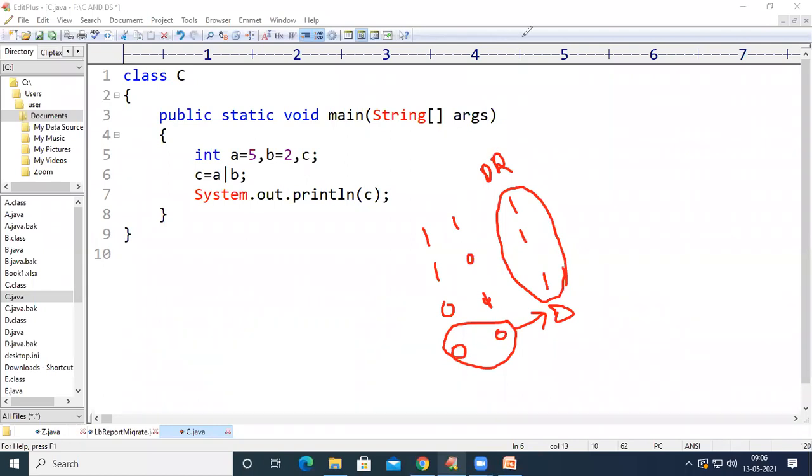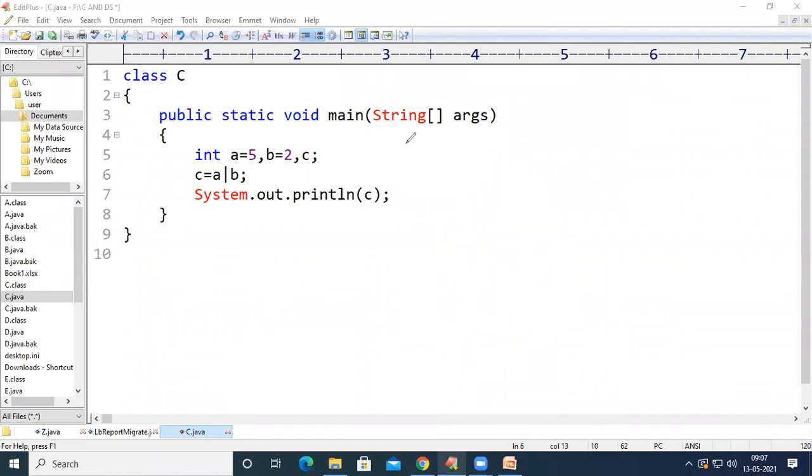See here. Let us take some small numbers. For example, A equal to 2 and B equal to 3. 2 will be represented as 0010, and 3 will be represented as 0011.